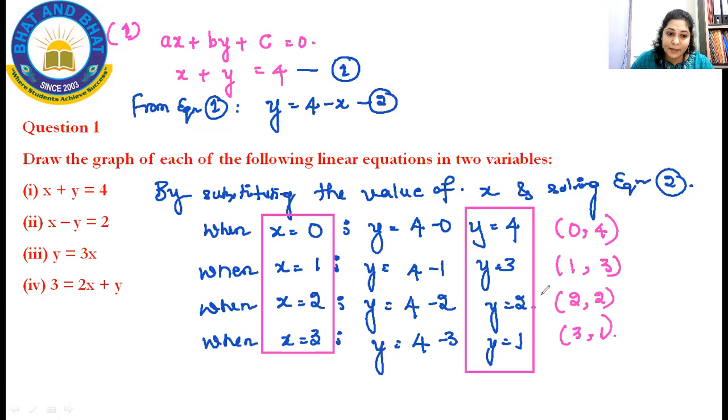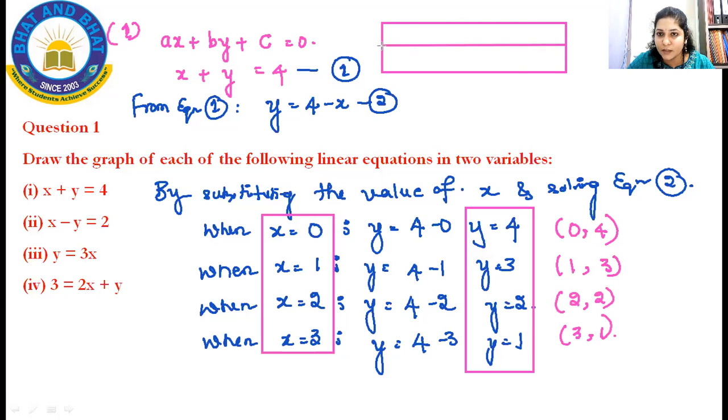What is the next step? So you should always write the values which we have got in the coordinate form. You have to list it in a table. Okay, because it will be asked for 4 to 5 marks. We expect you to write a table because evaluation will be easy and we can easily refer the coordinates here. So you have to write x and y. You have to draw columns.